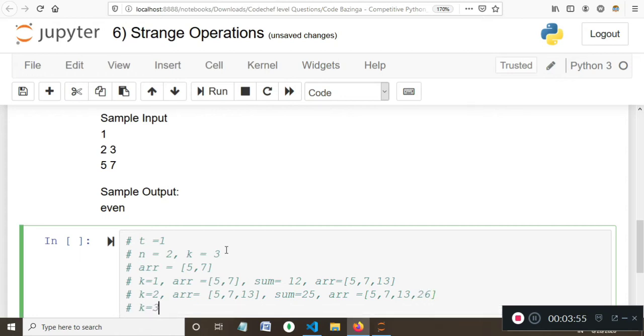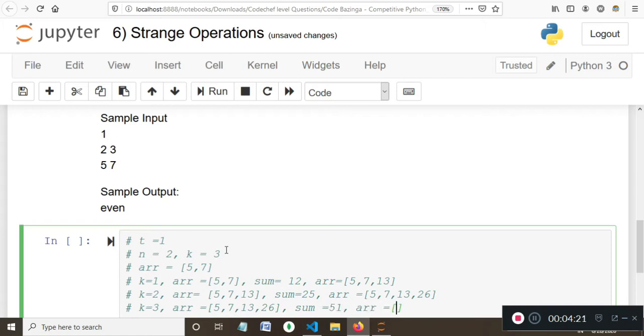Now when k equals 3, this is the array, the sum is 13 plus 26, 39, 39 plus 12, 51.